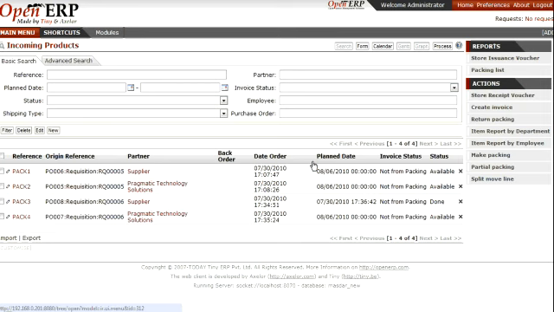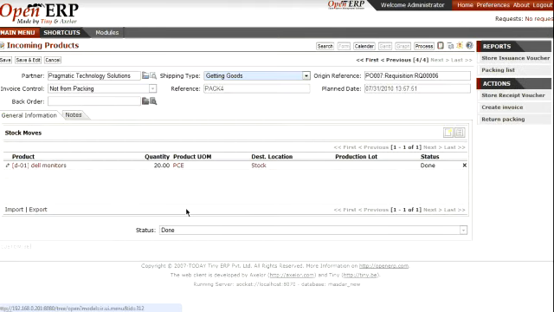After the purchase order, the storekeeper can receive the goods when the goods arrive at the stores. He has to create a picking. Picking can be created from here.